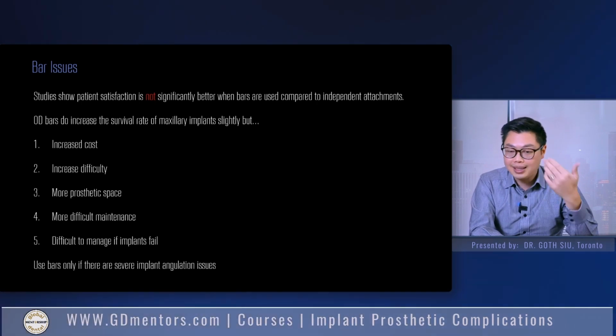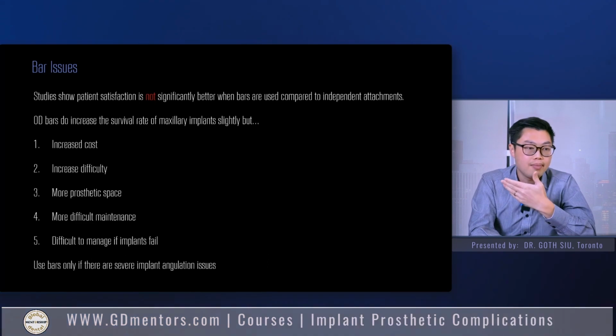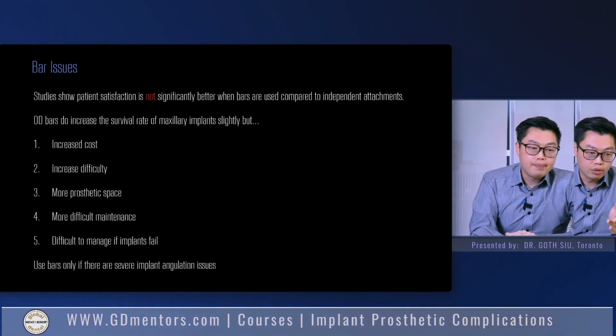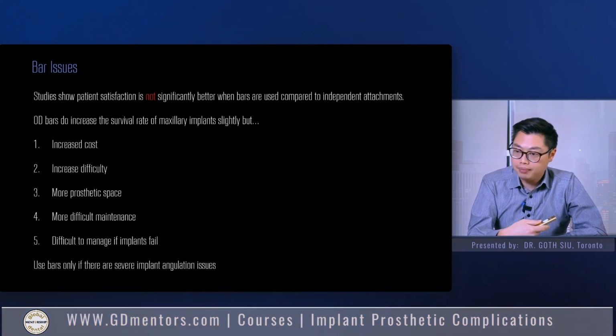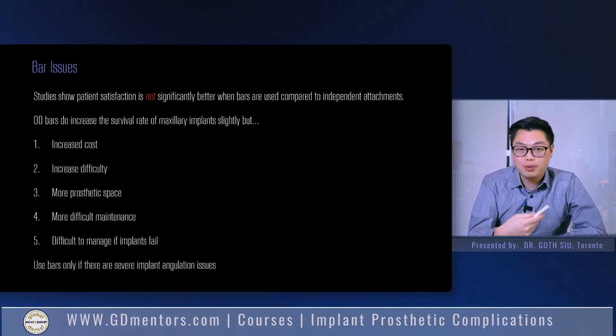So if it doesn't drastically increase patient satisfaction, why spend more money, make the case more complex and more difficult to do? Bars increase cost, increase difficulty, require more space, more difficult maintenance,